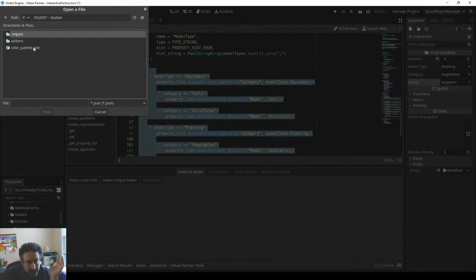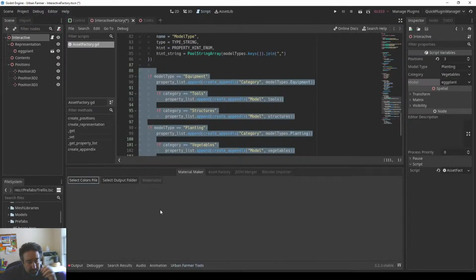Just like we are selecting a color file, I could select the model we want to import here, but that's still a manual task. But besides sucking up the manual labor cost,